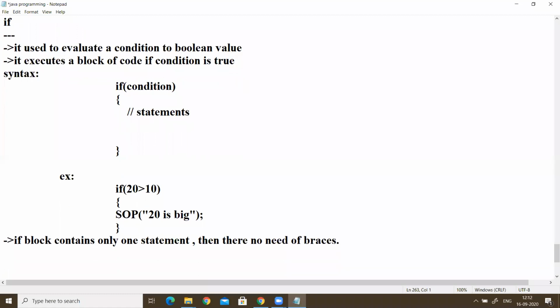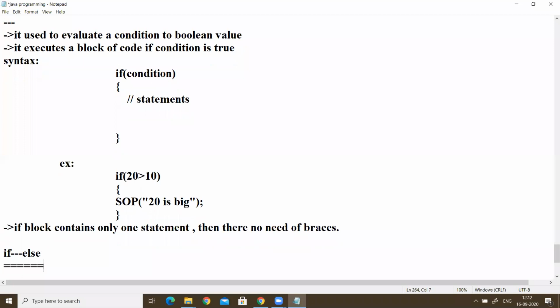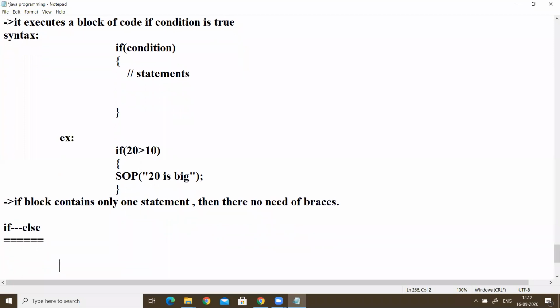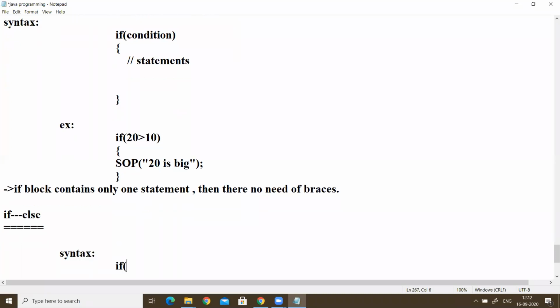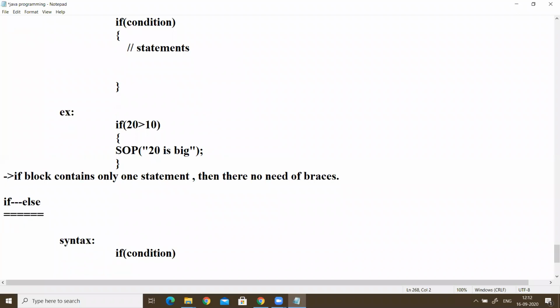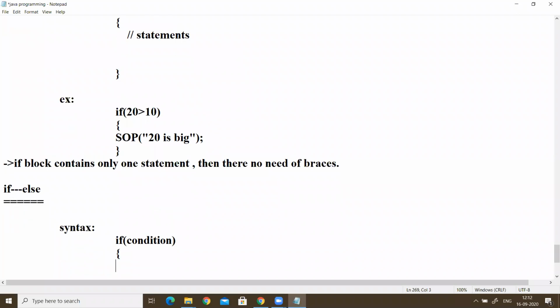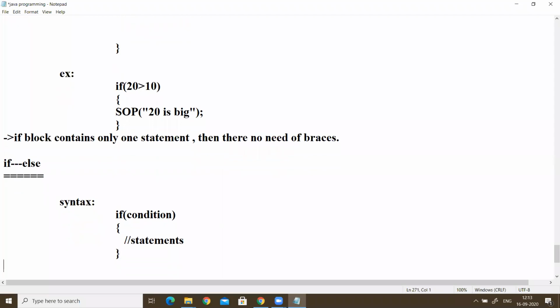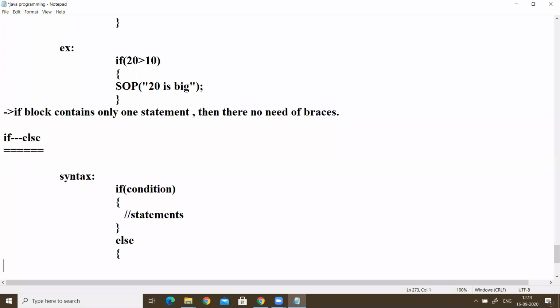Okay, yeah. The next one is if else. Right. So first we see the syntax. If, then here condition, then open brace, statements, then close, and then else, then open brace, and statements.